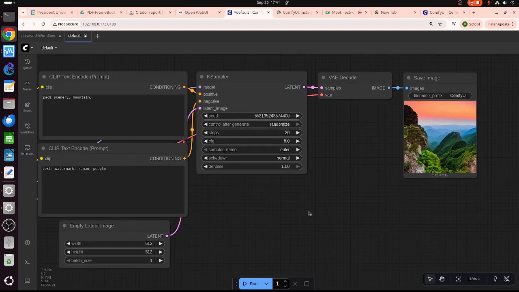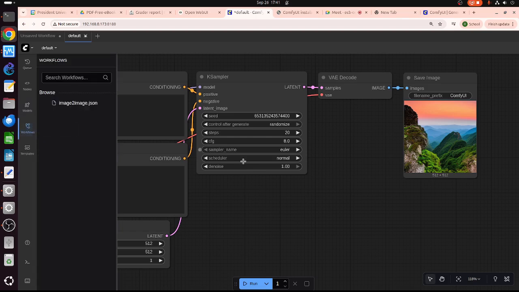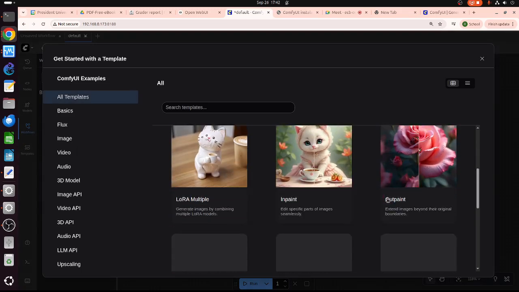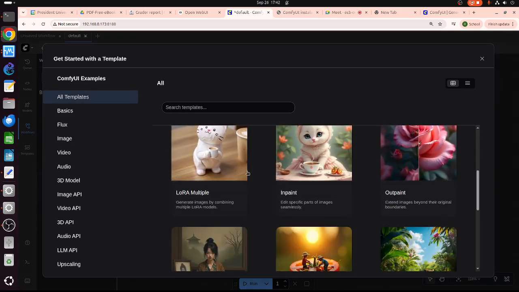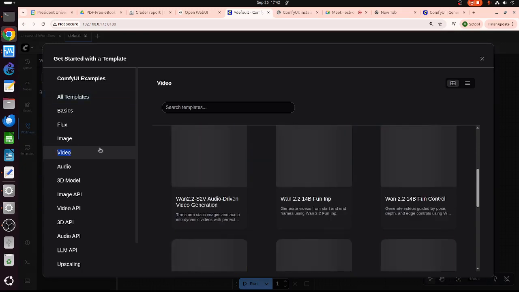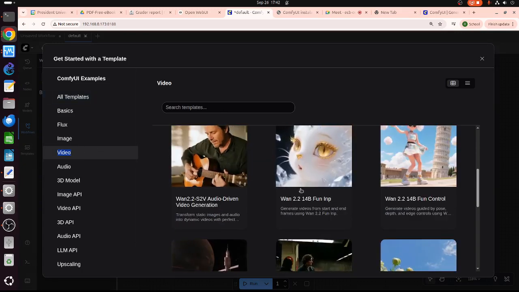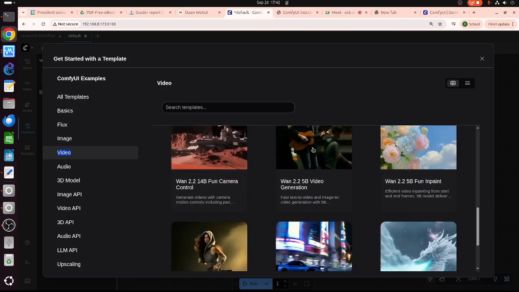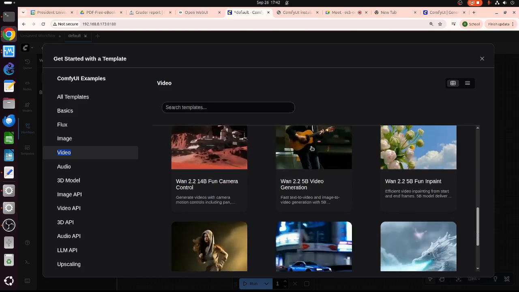So basically, if you need an illustration, you can do something like this. This is ComfyUI, so you can generate things like this. Of course, it would be fun if I had more RAM in my GPU, but I don't, so I'm stuck with images basically. I will have difficulty with video. Let me see if I can run something like this one. Video generation. This is text to video.